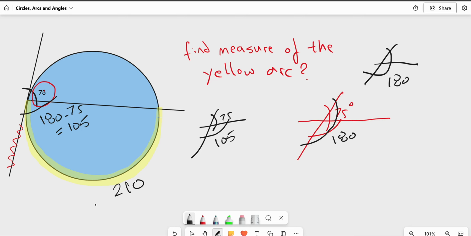The yellow arc. Yellow arc is equal to 210, which is the inscribed angle, which is 105 times 2. Okay,